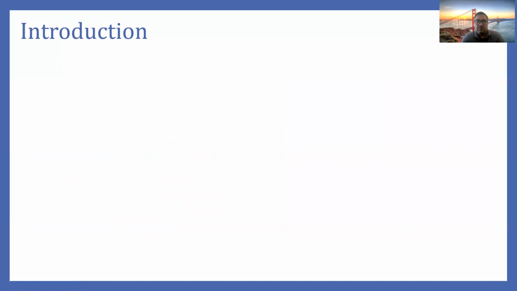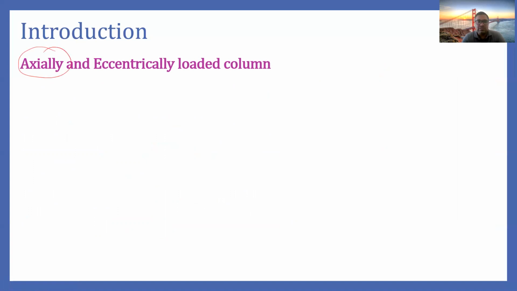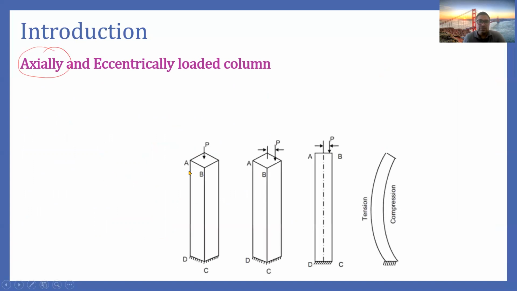So now we have a term, axial column, which we have discussed in the previous slide. Here, this is the column which is considered as axial. Now, why do we call it axial? Because the line of action of the load, here you can see this is a column and it is subjected to a load of magnitude P, and the line of action of this load will pass through the CG of this column. So if this line of action is passing through the CG of the column, then we call it an axial load, axial column.